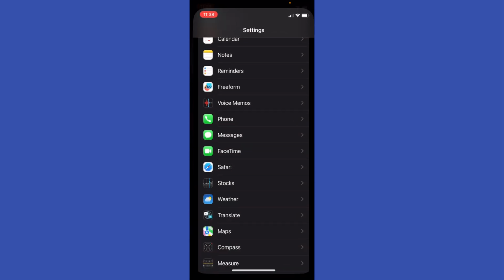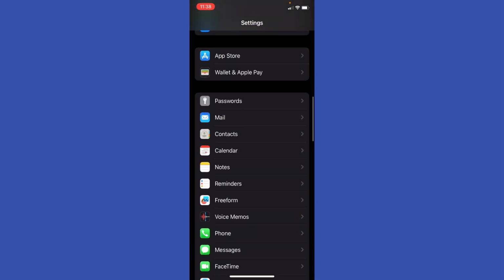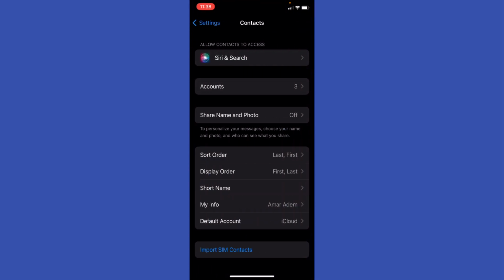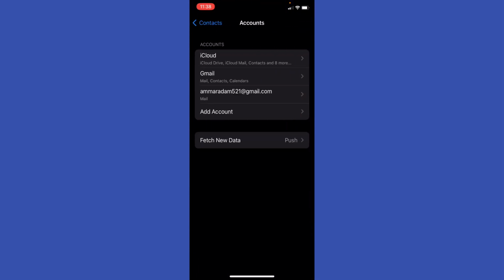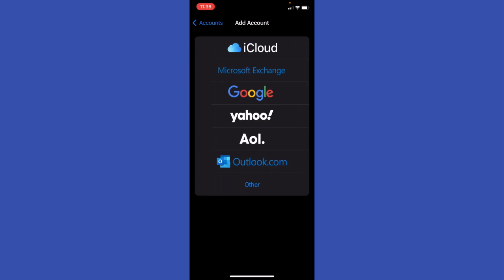So we're gonna go ahead to the settings, and what I'm gonna do, I'm gonna just go ahead to the contacts, and here you're gonna be able to see accounts. Click on it, and basically you're gonna be able right here to see I have three accounts: Gmail, iCloud, and a mail, right? So I'm gonna just go ahead and add an account, and you're gonna be able right here